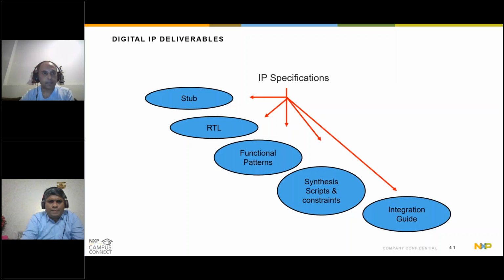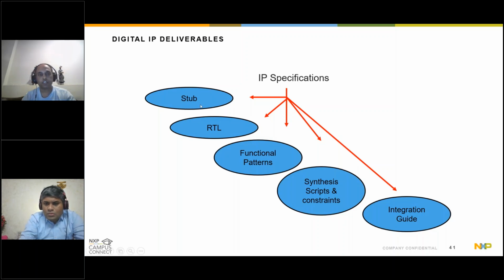So we talked about IPs. What does IP really mean? When you are building the SOC and you are doing an IP, you have to build the IP in such a way that when these IPs are stitched together at a higher level of abstraction, which is the SOC, it should be a seamless integration, right? To facilitate that seamless integration, there is a certain set of deliverables which IP providers need to provide to the people working at the next abstraction level. And these are those deliverables.